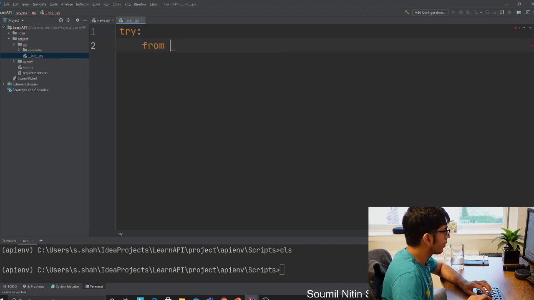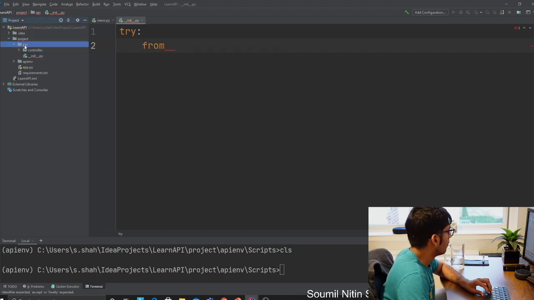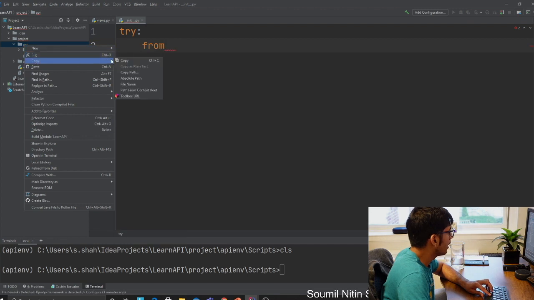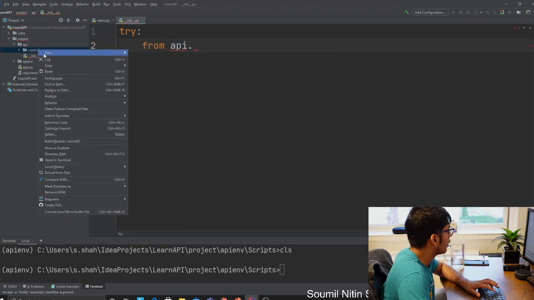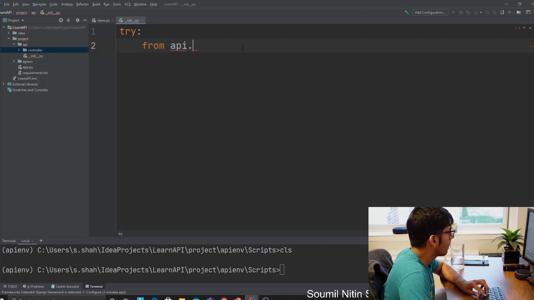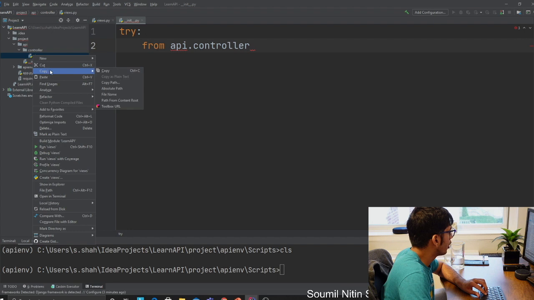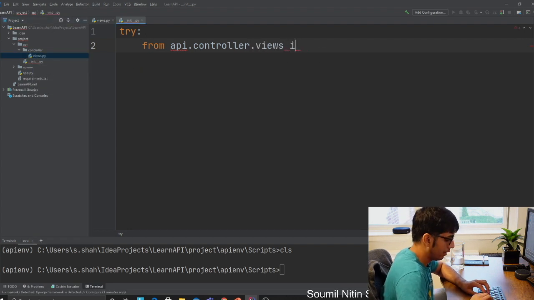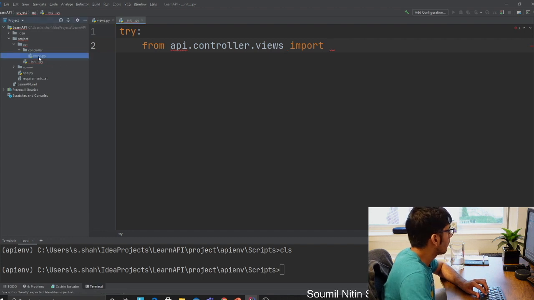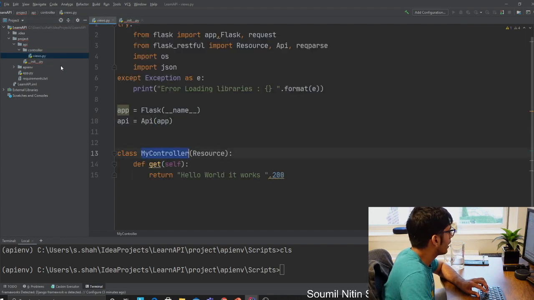So we can say from the top directory that we have from the API. Remember, so from API dot, you want to go to the folder that is controller. In that you want to go to the file views.py. Hopefully this should make sense. It's pretty self-explanatory. And you want to import my controller.